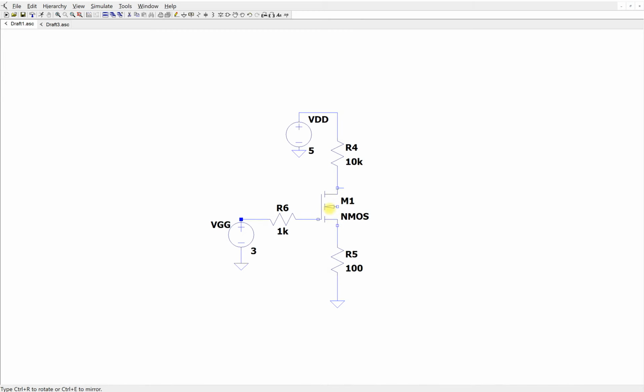I'll place the NMOS in the circuit. We will notice that there is a fourth terminal here. For this fourth terminal, we will just connect it with a ground for this circuit. Next on,